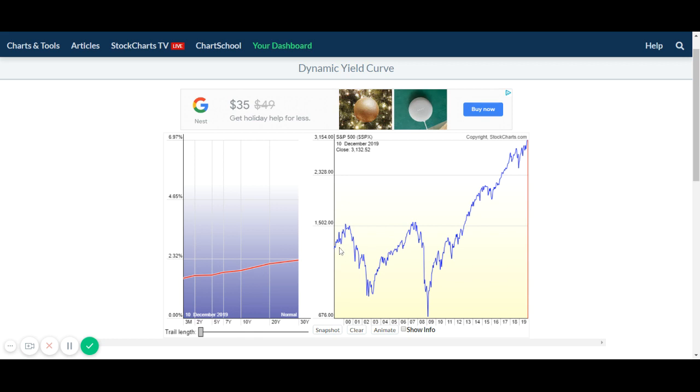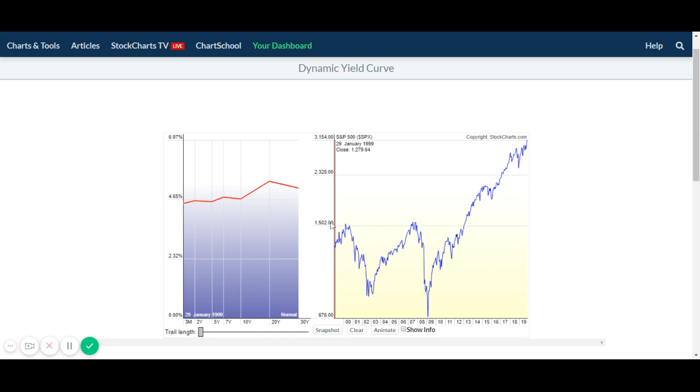And over here on the right, what you see here is the stock market, the S&P 500 index over time. And what this tool on stock charts does is called the dynamic yield curve. This allows us to see what the yield curve looked like back in time. So you can go back to January of 1999, and you can see it was still pretty upward moving, although